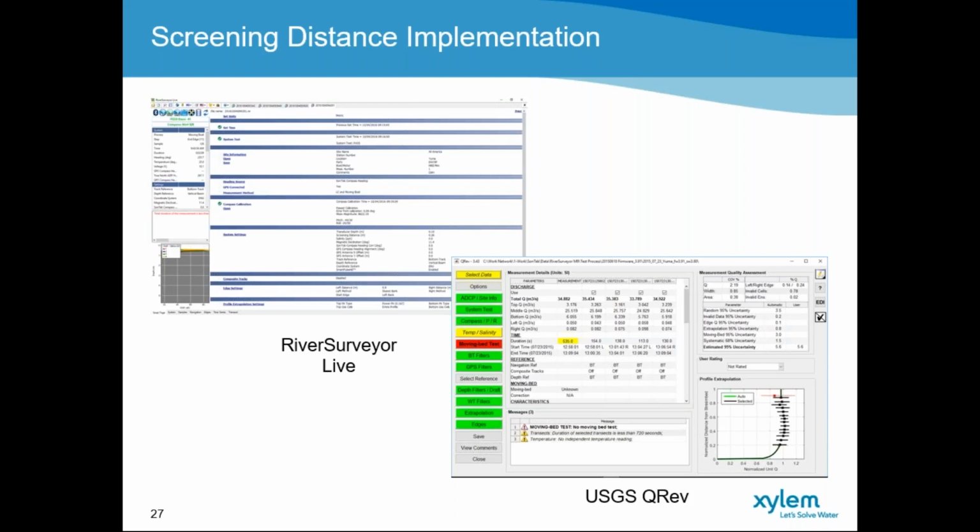From the research that was done over the past decade or so, it was indicated that the ADCP, acoustic Doppler current profiler body or housing, is creating flow disturbance on measurements that are performed very close to the transducer face. So the actual body itself is impacting the flow patterns around the instrument and below it. And how to account for that is either increasing the minimum blanking distance in the firmware or applying a screening